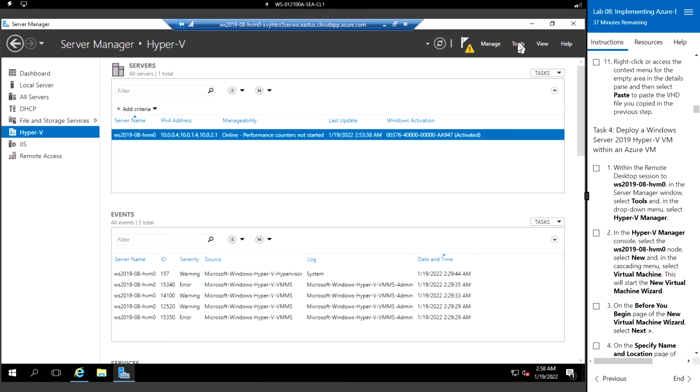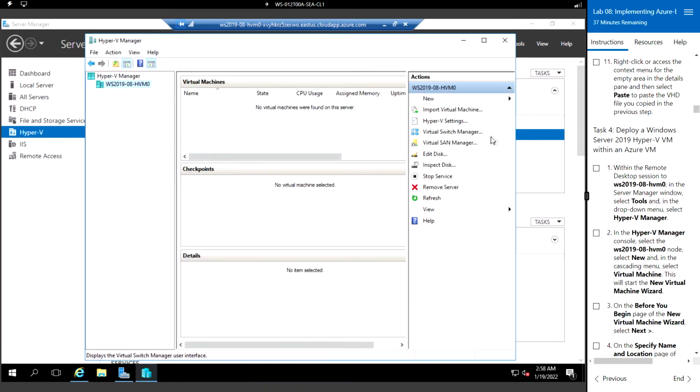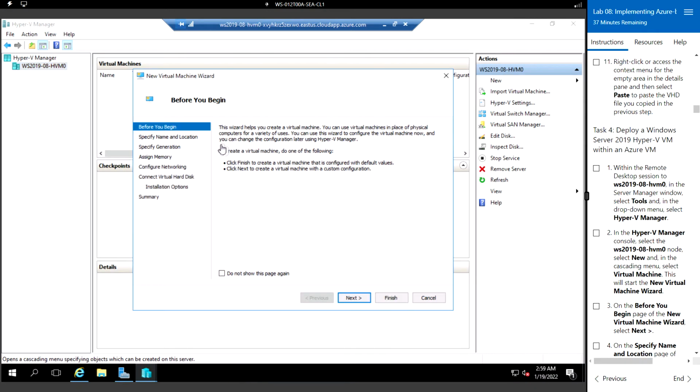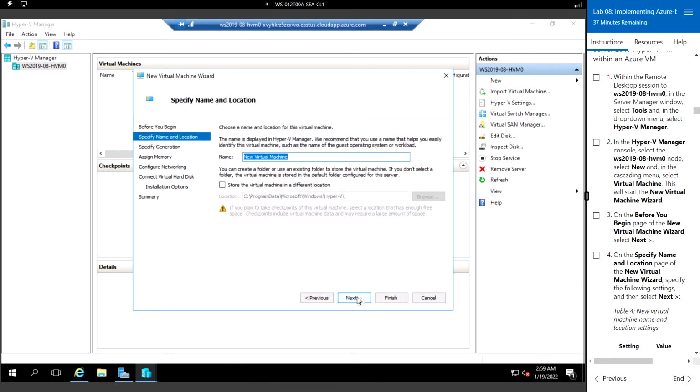Okay, let me open the Hyper-V manager. Click on Tools and select the Hyper-V manager and select the HVM 0. Let me just maximize it. So here under the actions, click on new. So I'm going to create a new virtual machine. So here the new virtual machine wizard is open. So here click on next,